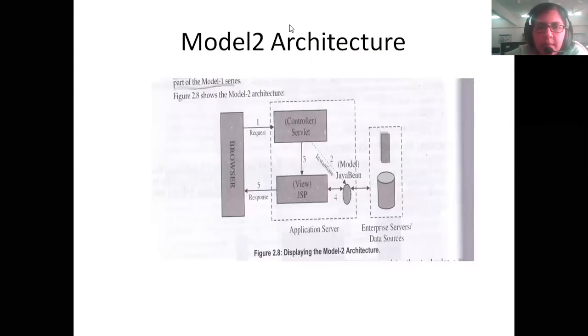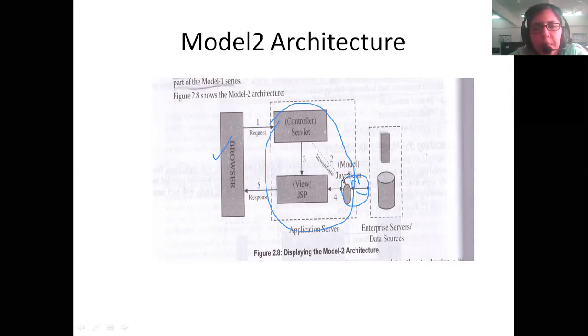So now let's see here. As you can see, we have the browser which is used by the client. The request will come. Now, this is the entire business logic that we are going to write, the tier 2 part. The tier 2 part, if you see here, follows the MVC model. So you can see here, we have the model. The model part deals with the Java bean. As I said, this is a simple Java class with the attributes and the setter and getter methods, which connect with the database. So this forms the model part of the data.